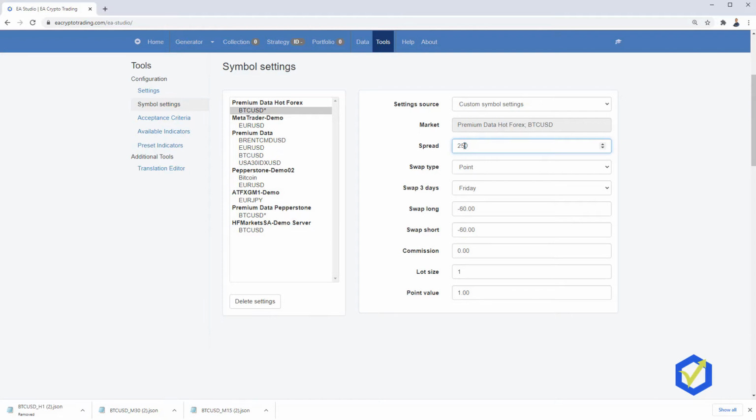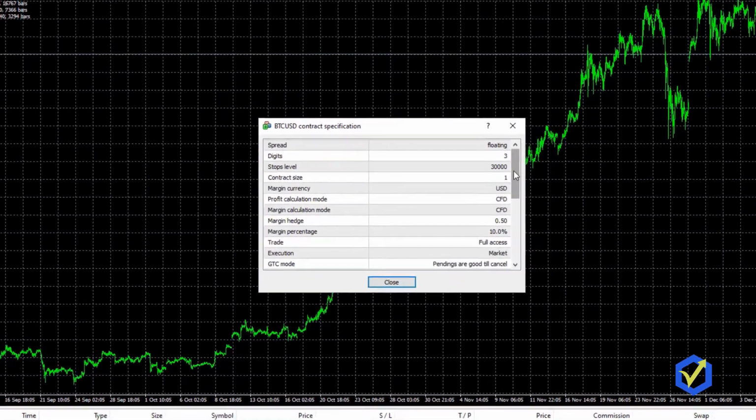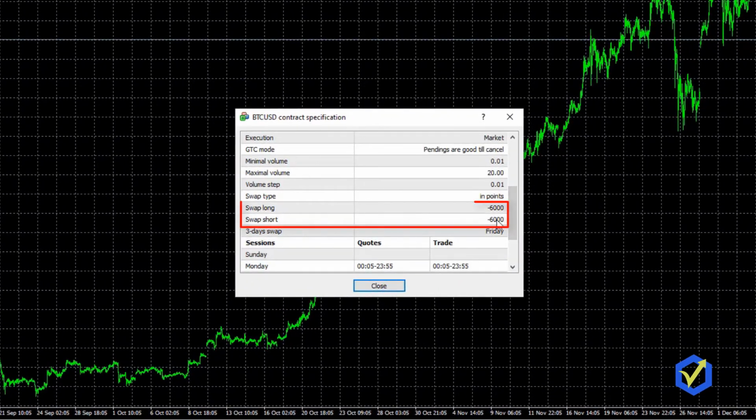Just one more time, the premium data from the app uses one digit after the decimal comma. The rest below is regarding the swap, and as we saw with Hot Forex, we have negative 6,000 points of swap, right? Here it is for swap long and swap short.